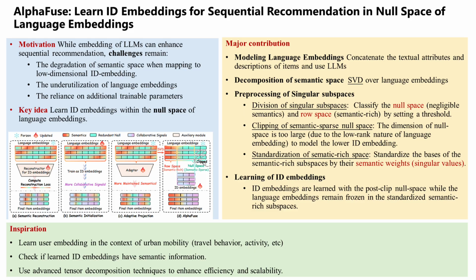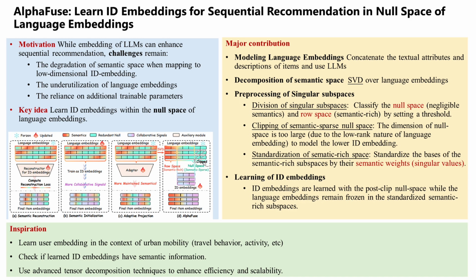Yep. What about the other part, the semantic knowledge? That part needs a bit of a cleanup. The second step is standardization of the semantic-rich subspace. This is to combat a problem called anisotropy. Anisotropy. Yeah, you can think of it like an uneven distribution of information. It causes different items to kind of clump together in the vector space, making them harder to tell apart. So standardization spreads them out. It makes the distinctions between items clearer. Exactly. It's like adjusting the contrast on a photo, makes everything sharper. The research shows that after standardization, the system could distinguish between, say, a crime drama and a fantasy film much more clearly, just based on the text.